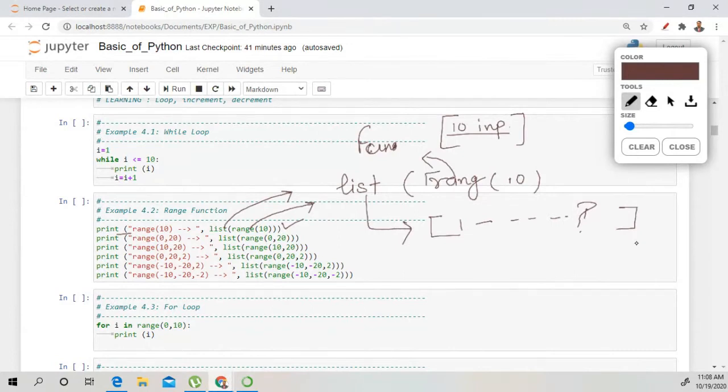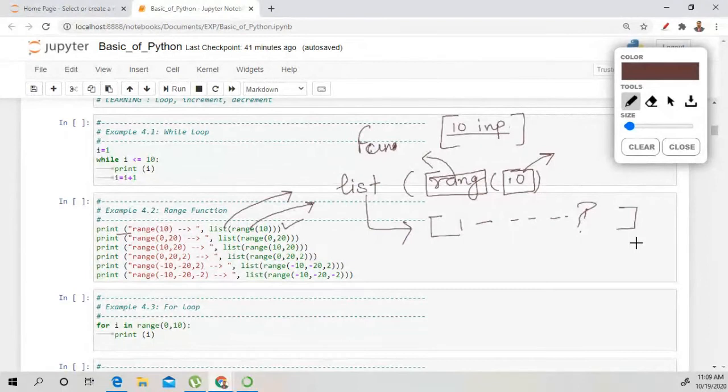As the name suggests, a range of a given value. This value may be anything. In this example, we are taking value 10. So how will your output be after executing the first statement? Our output will be 0 to 9. Why 0 to 9?